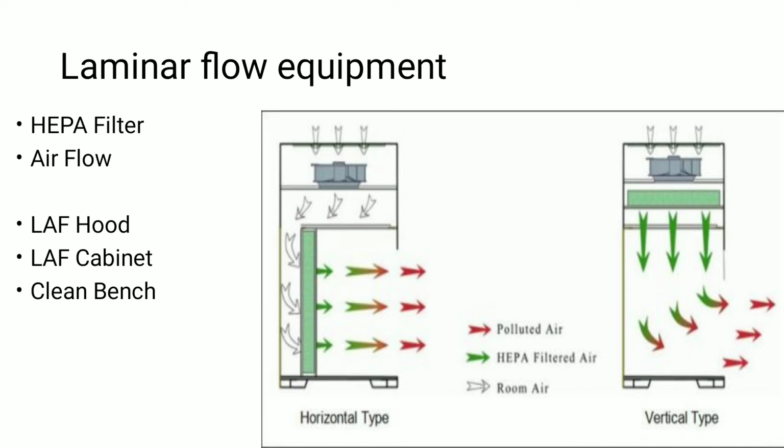Here you can see the air can only come out from inside, from the LAF, and because of this no particulate matter or any other contamination can go from outside to the inside environment. Whereby we are maintaining the culture, the particular strain,